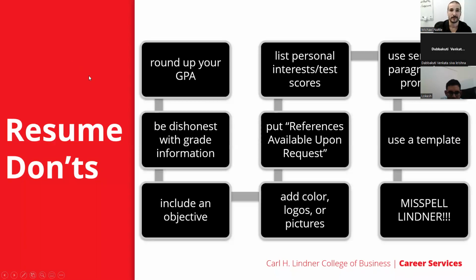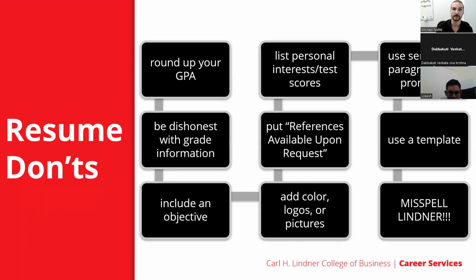Again, there's a lot of do's and don'ts on resumes, and it's entirely up to the opinion of the reader. Some of the common don'ts that we do hear from folks are a few of the big ones. Objective statements, I want to stress, is different than a summary statement. I think summary statements are very useful, especially for our graduate level students who are making a pivot in their career. Maybe you were working in one field and you're doing something drastically different. A summary statement is going to be a very important aspect on your resume.